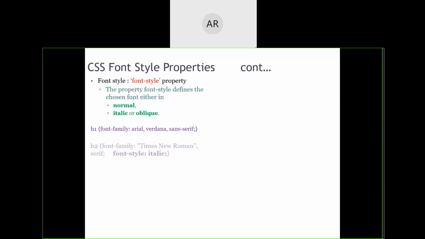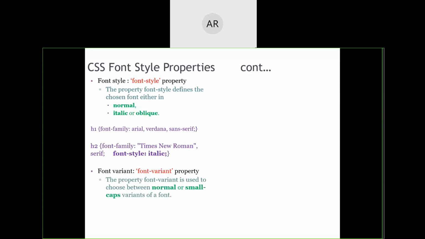Now for H2, heading tag 2 type, I have a font family of Times New Roman. I'm specifically telling that it should be serif, and the font style should be italic in nature.